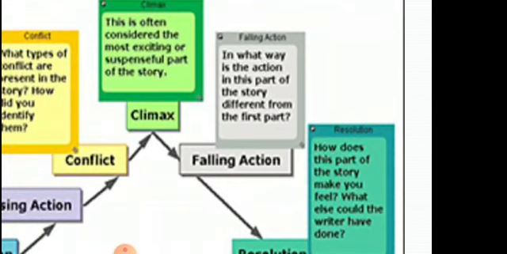Falling action means that this part of the story is totally different from the beginning. In the beginning, it was full of conflicts and problems. Now there is a beginning of solving the problem, and you have a lot of ways of solving it, but it's not solved yet. Falling action means that you will slow down instead of being in high tension all the time. So here you will find ways of solutions,